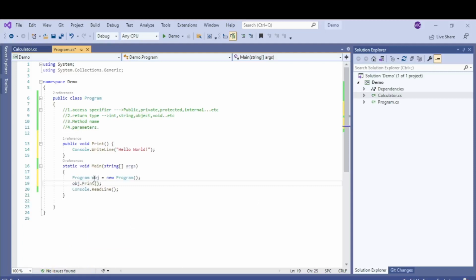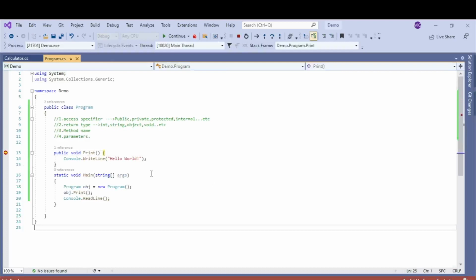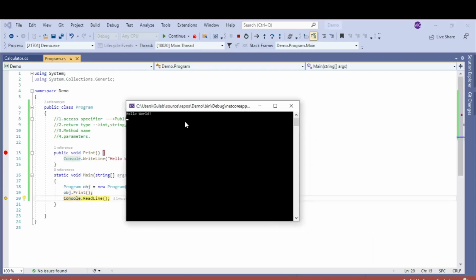Now I'll put a breakpoint here and run it. Now the control has come. First it went here, it created the object, then obj.Print called this method, and then this should print hello world.